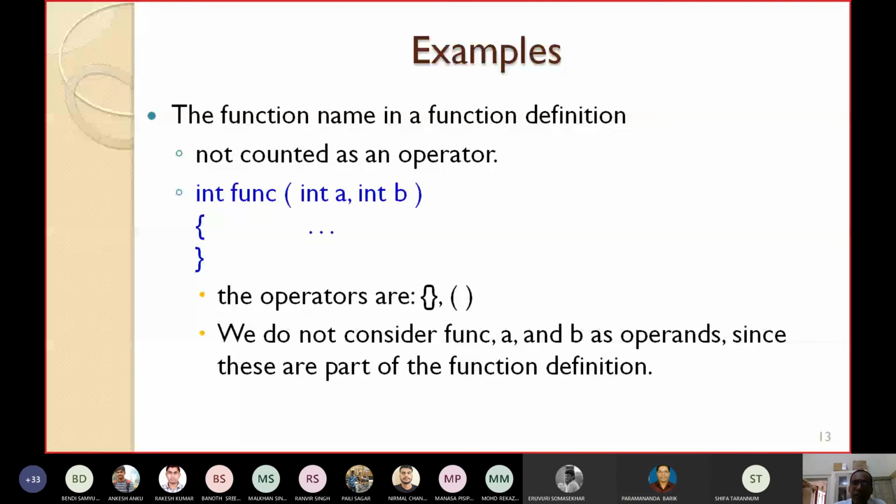If it is not there, you cite your reasoning: according to this paper or this book or this internet source, these are taken accordingly. I am using these as operators or operands. Give sufficient references or sufficient justifications so that your boss will not be confused. That is my advice.